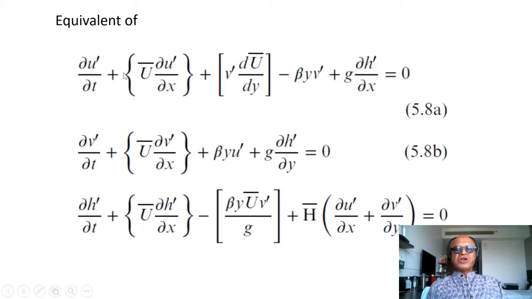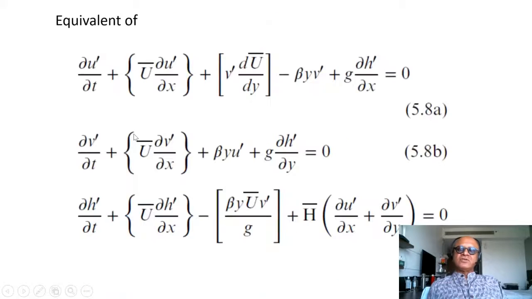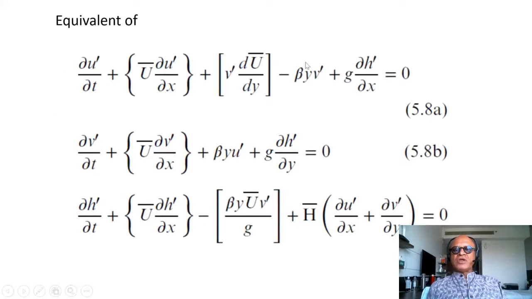Okay, so starting with our zonal and meridional momentum equations and the continuity equation, you are now familiar with this. Again, h bar is the equivalent depth here. It cannot be too large because our assumption of h bar being much less than hd cannot be violated. So that's something to remember, as opposed to the atmosphere, which will be different. So write these now in terms of g tilde, which is the reduced gravity, times h prime x. So we are going to replace